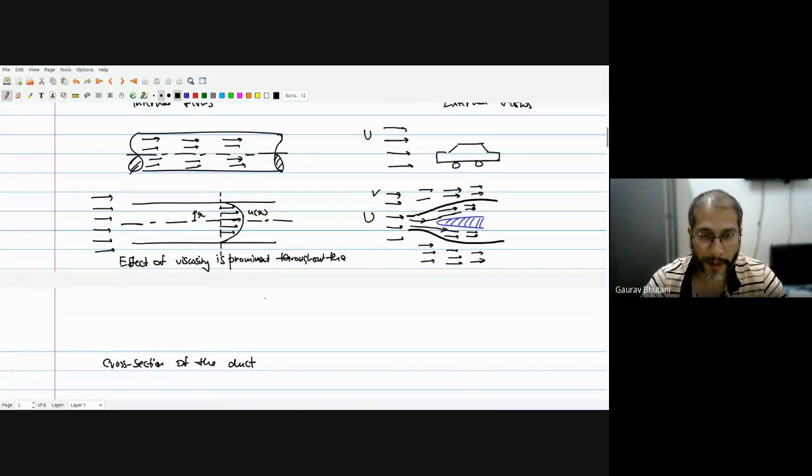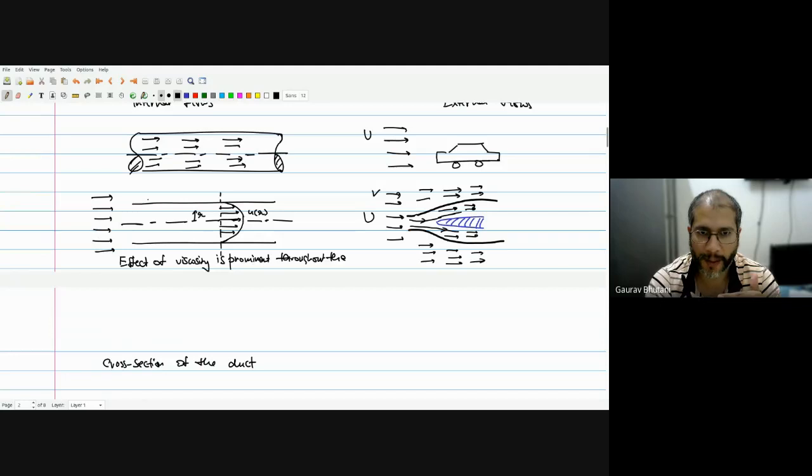Right. So it's the effect of viscosity that results in the parabolic flow profile. If you think intuitively, let us say it's a two-dimensional situation. So you have two plates, and the flow is happening between these two plates. The plates are bringing in a no slip condition, and the layers talk to each other because of viscosity.